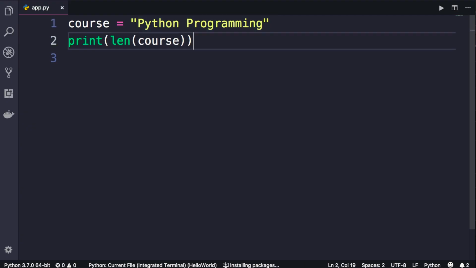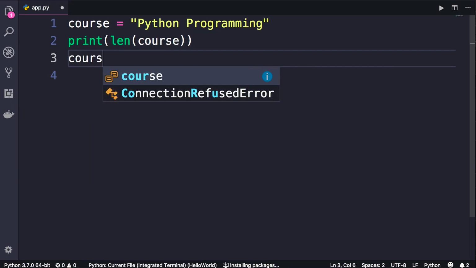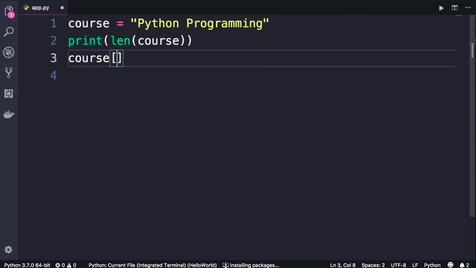Let's look at another example. If you want to get access to a specific character in this string, you use the square bracket notation. So here we add course, square brackets. To get the first character, you use the index 0. So in Python, like many other languages, strings are 0 indexed, which means the index of the first character or the first element is 0. So now when we print this,